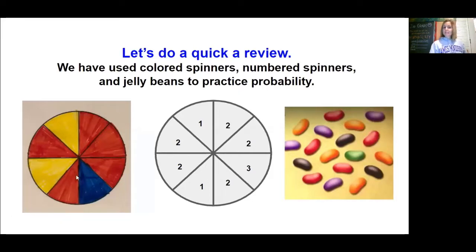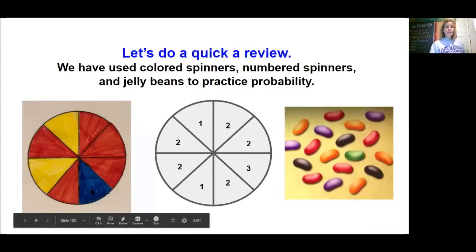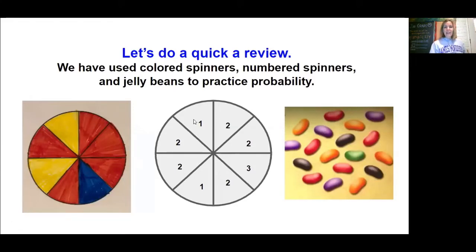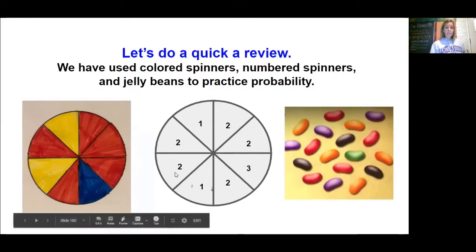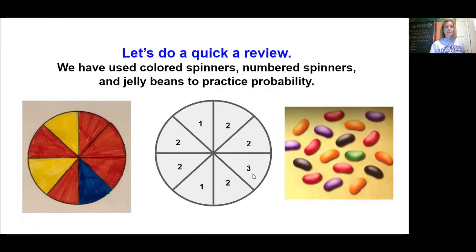As you remember, this is a color spinner that I created and you created one as well. And this color spinner showed us that we were more likely to land on red and less likely to land on blue or yellow. We also created a number spinner, and this number spinner has 1, 2, 2, 3, 2, 1, 2, 2. So this number spinner showed me that I was much less likely to land on 3 because there is only one 3,